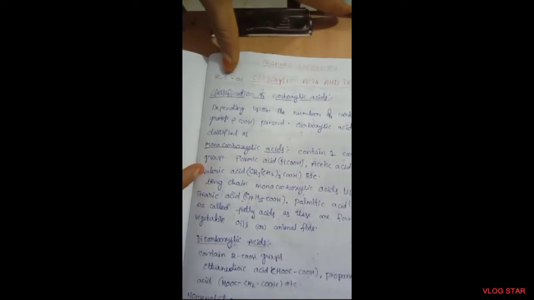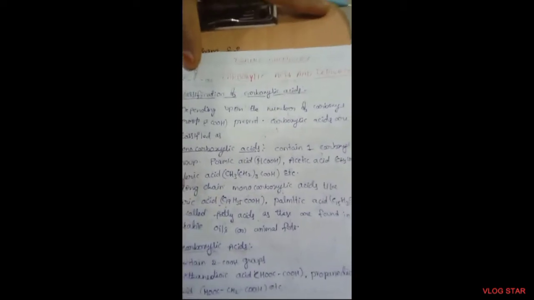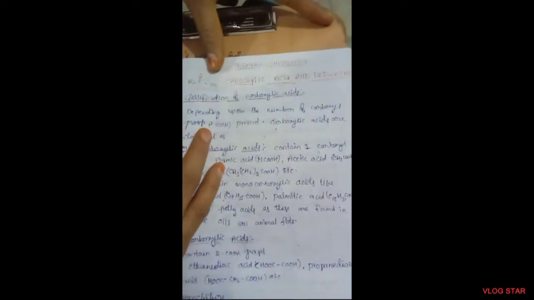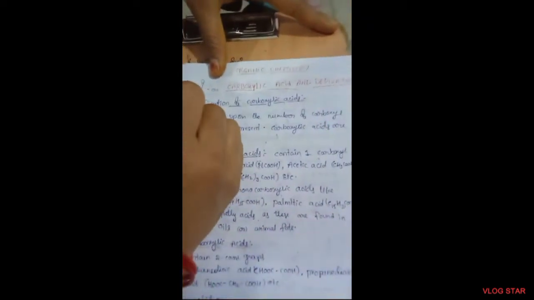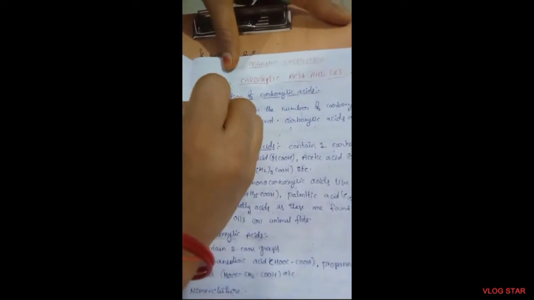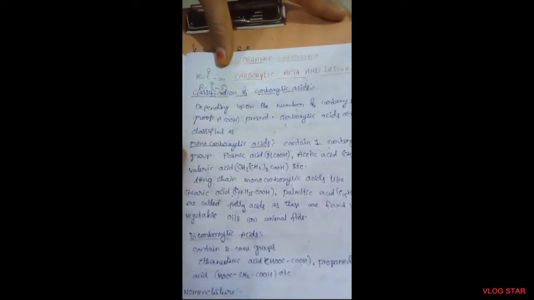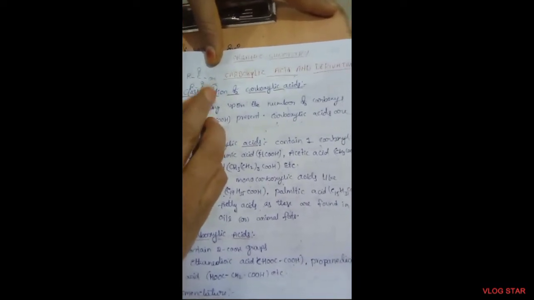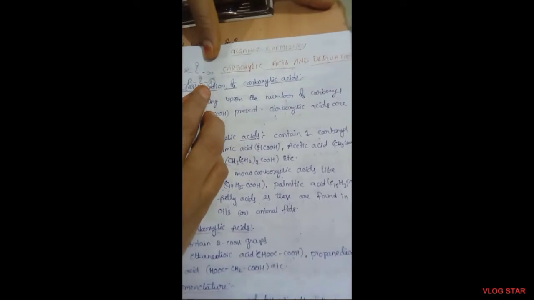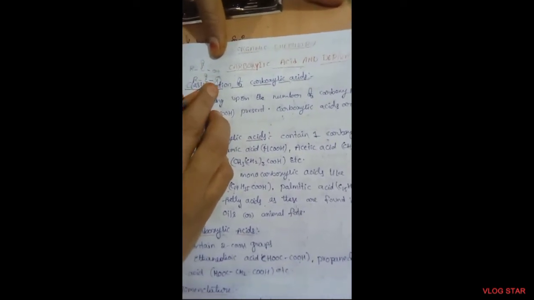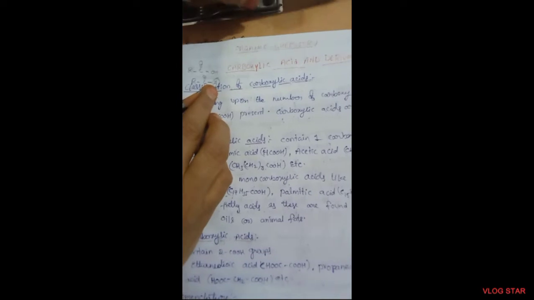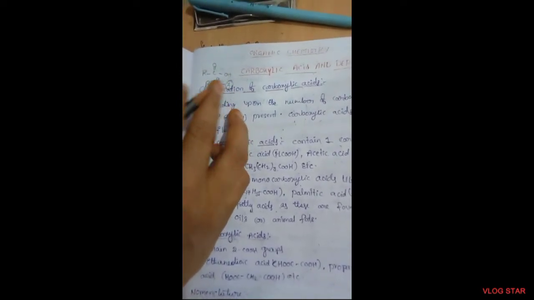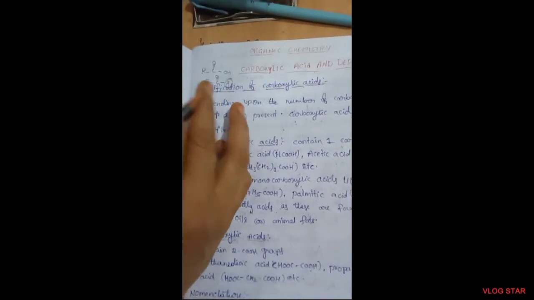This is the carboxylic acid formula. Here one alkyl group, one keto group and one alcoholic group. Derivatives means in place of OH, we write some Y. Here we keep any compound, either amide, nitrile, chlorine, bromine, any compound you keep, that is the carboxylic acid derivative. Okay, this is the carboxylic acid derivatives definition.